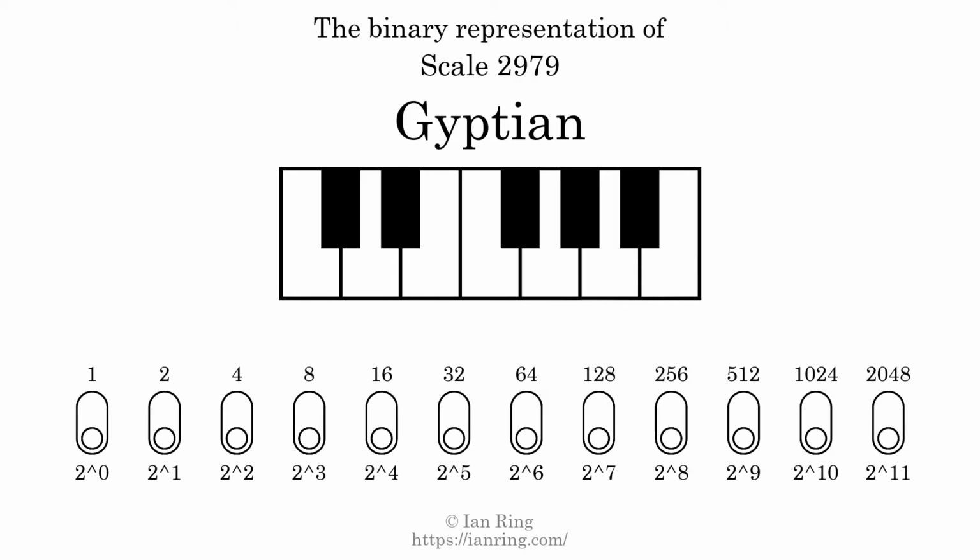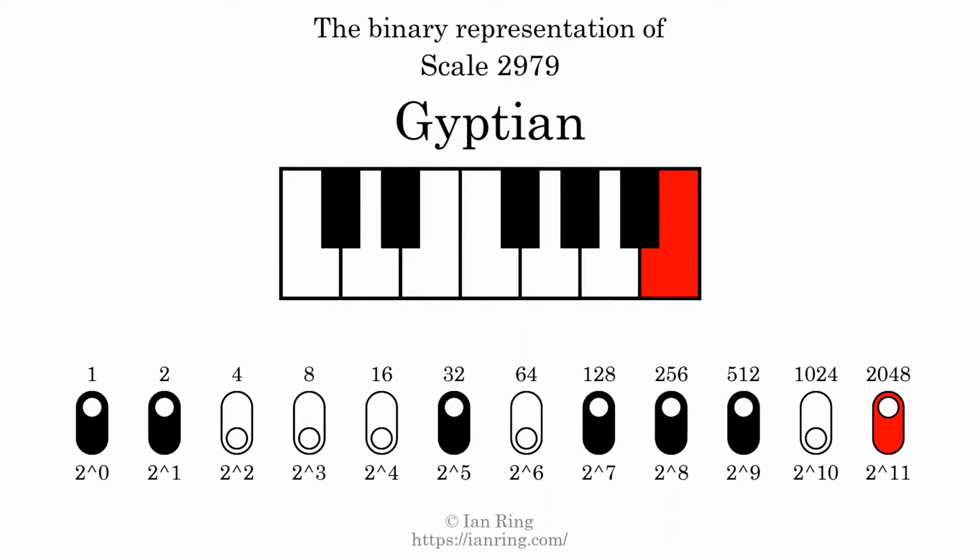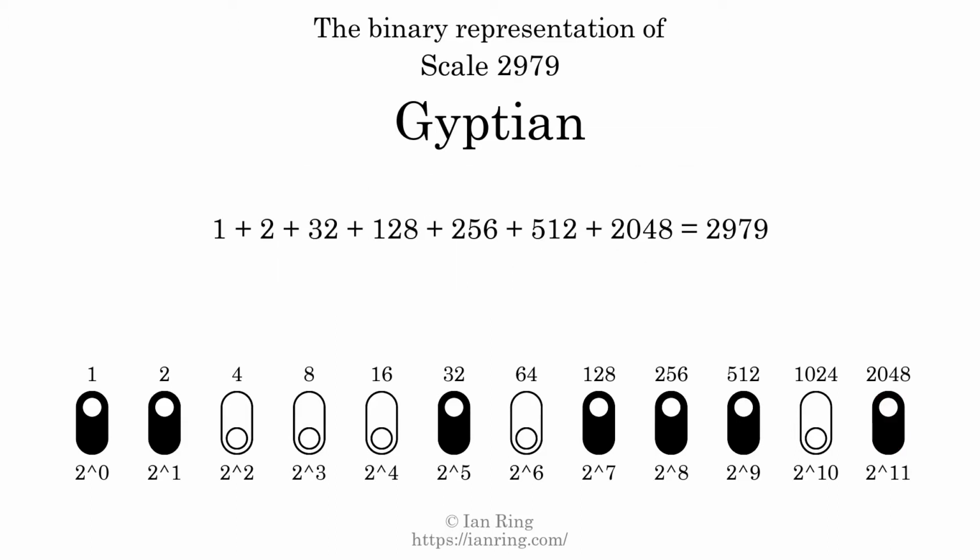The binary representation of this scale is determined by mapping tones of the scale to binary digits. Each binary digit represents a power of 2. To get the scale number, we add the powers of 2 together. The powers of 2 that are present in the scale, all added together, equals 2979. That is why the scale number, in decimal, is 2979. The scale number not only enumerates the scale with a unique index, but it also literally describes the tonal content of the scale. Represented as a binary number in base 2, the scale number is